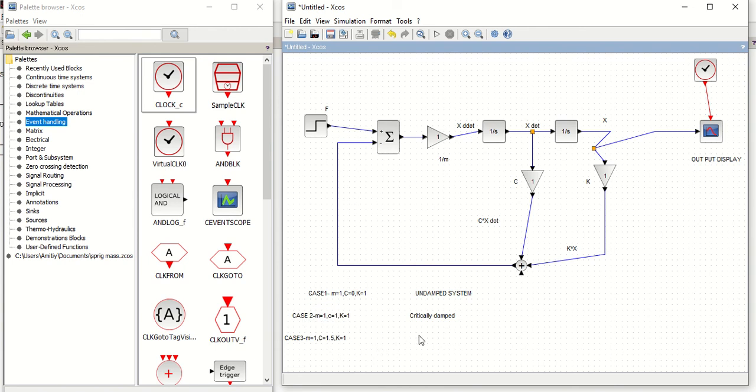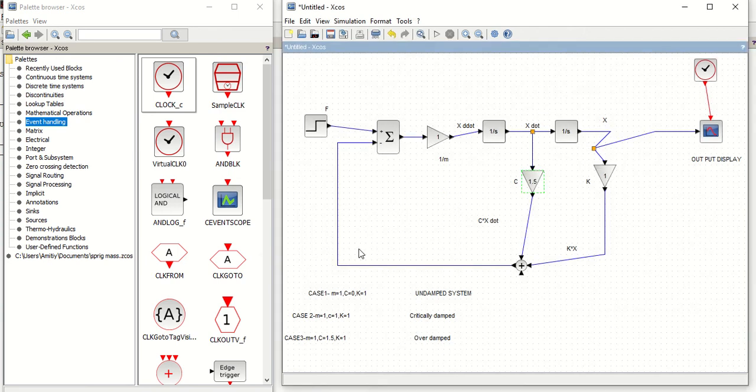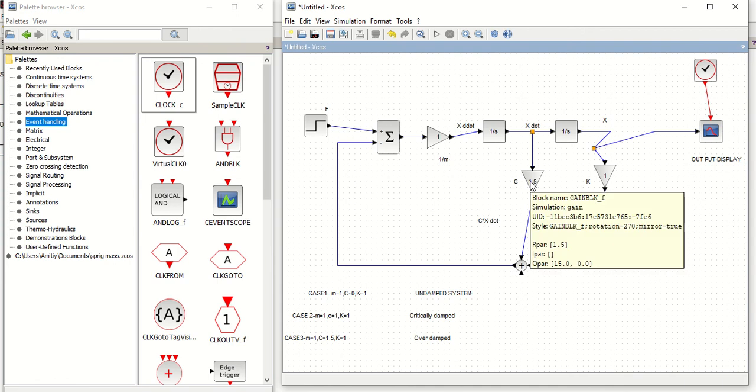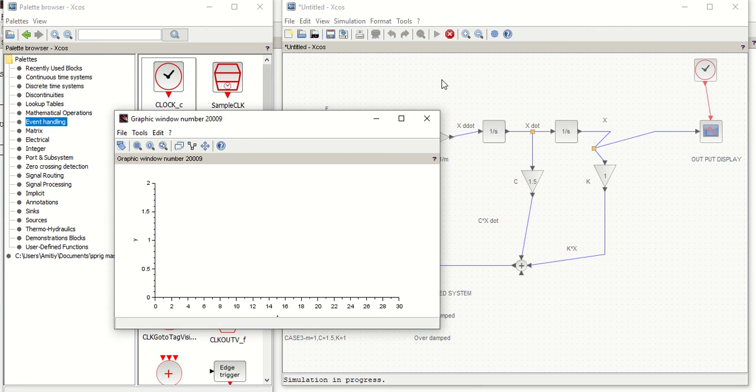When the value of C is more than 1, in that case this type of system is called overdamped system. Now change the parameter here. I have changed the value of C. Now let's see how the output is going to be. Again a different behavior.